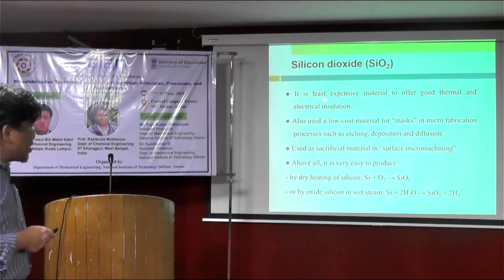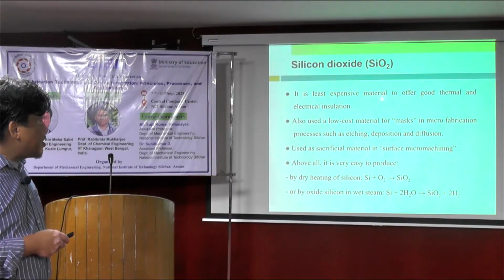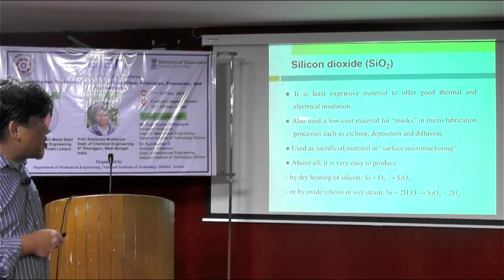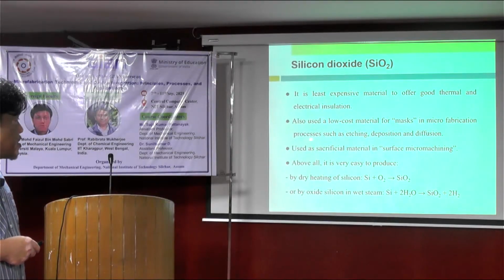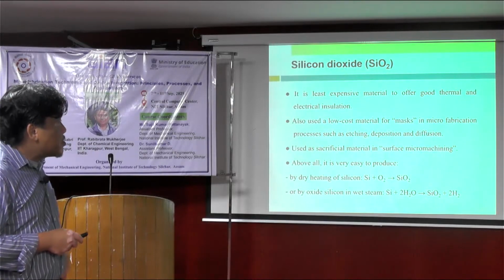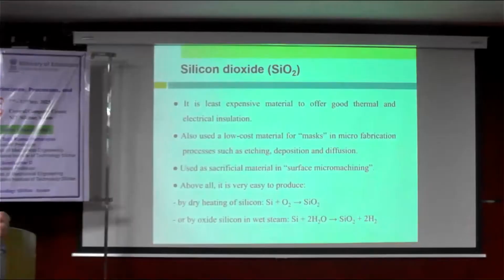It is the least expensive material, and silicon dioxide offers good thermal and electrical insulation. So I keep mentioning silicon dioxide for electrical insulation. It is also a low-cost material for masks in microfabrication processes such as etching, deposition, and diffusion. So we know that silicon and silicon dioxide hold